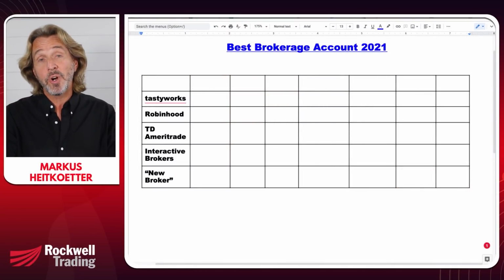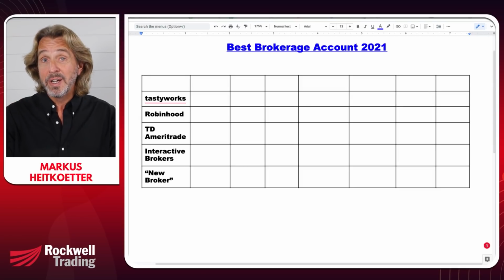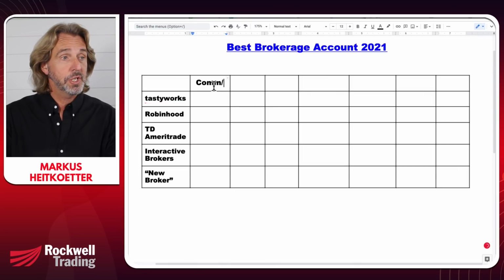You see, first of all, when you're comparing different brokers, you have to pick criteria that fit your needs. So I will give you my criteria, and these criteria might be great for you, or you might have different criteria. So let me just show you what is important for me when I'm looking for the best broker. The first thing that I would like to know is how much do I have to pay in commissions per